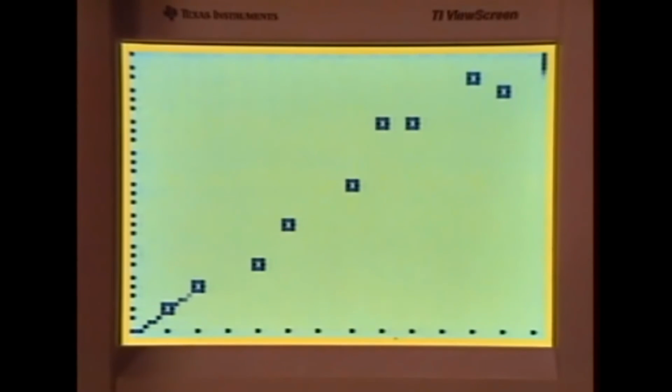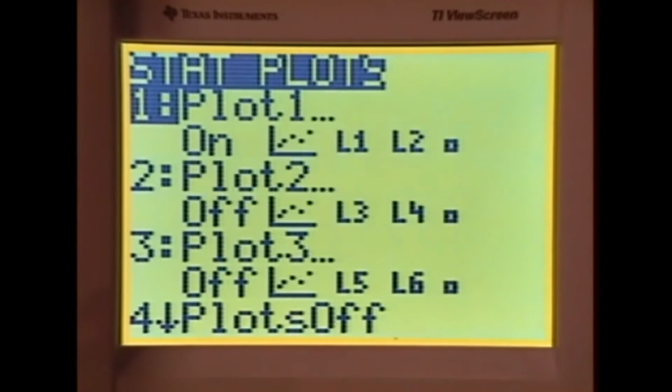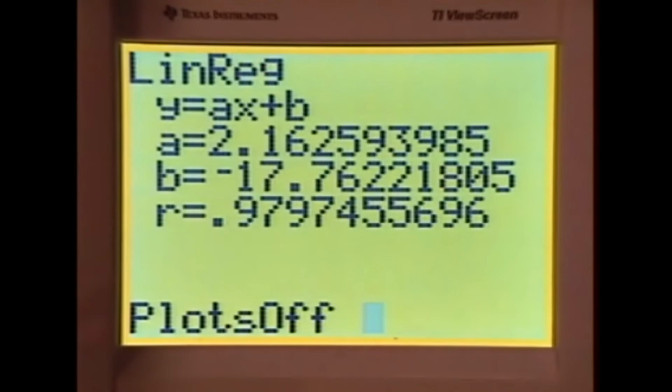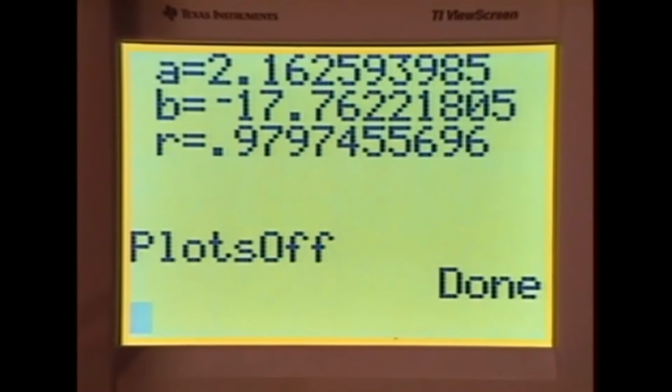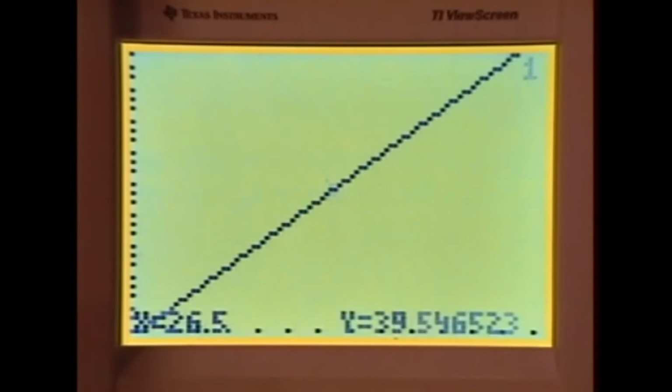I now graph it, and it graphs the line over the data. If I want to trace that line, I need to delete those points, so I go to stat plot, off is number 4, and I regraph,